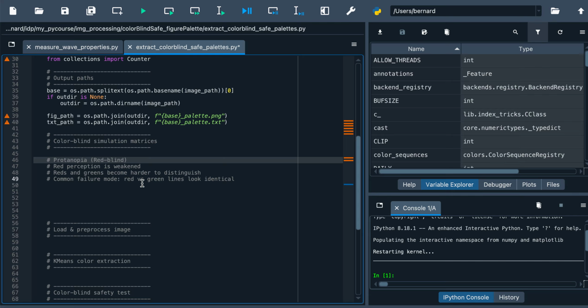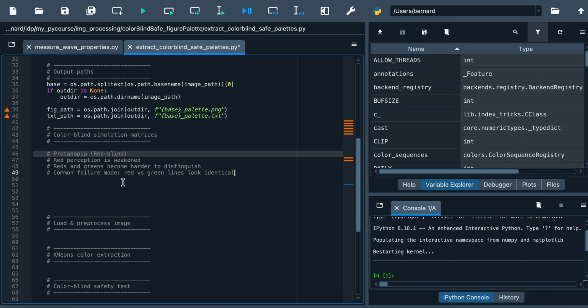If your cones in the eyes are working properly, you're able to see red and know that, oh, this car is red. They will not be able to differentiate the red from other colors, so they may not necessarily see the red as red. So sometimes when we make figures for publication and you're using red lines and you use green lines, some people struggle differentiating between the red and the green that you are referencing in your text. So it's always good to select colors that are colorblind friendly, and that is my mission here, to be able to ease the extraction